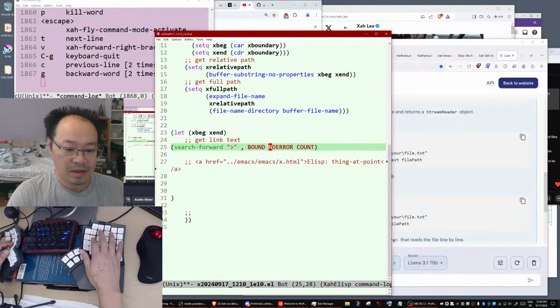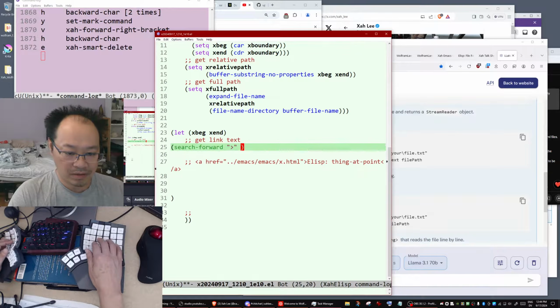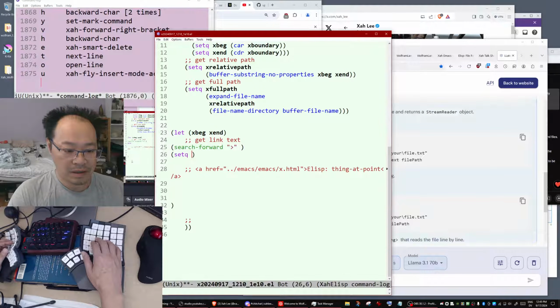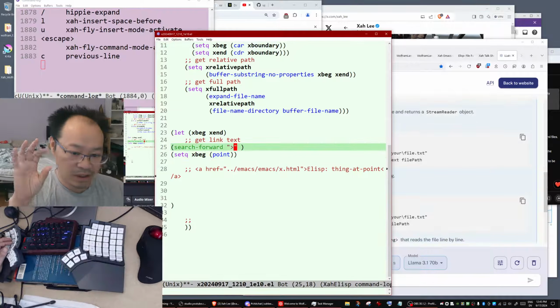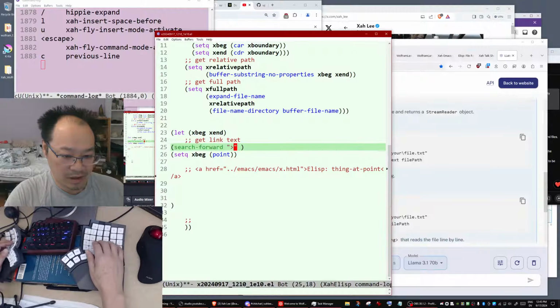Bounds we don't care about. Then set x-begin to point. Point is the current cursor position, an integer.